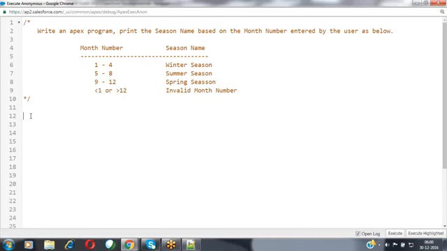Two conditions we have to use, and both the conditions we have to club together by using the logical operators. Here both the conditions have to be satisfied. If you want to show the season name as winter, then the month number should be greater than or equal to 1 and less than or equal to 4, between 1 to 4. So for that, we have to use two conditions and mix these two conditions by using the logical operators. Further we are going to implement this functionality here.